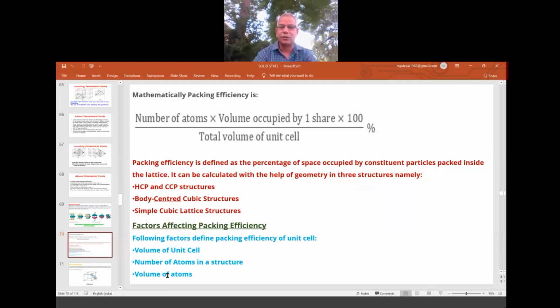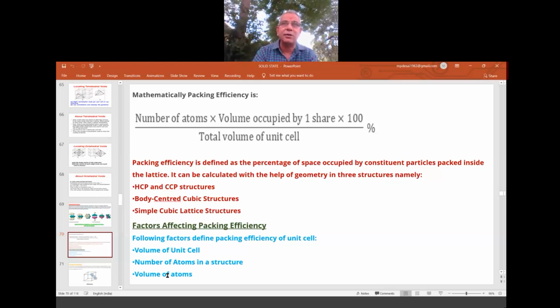With this I am going to conclude today's session. Today we learnt packing in 1D, 2D, 3D. So AA type, AB type, and one more, third layer: ABAB type or ABCABC type. All those we learnt, and how voids are created and located. For the tetrahedral voids, how many spaces are required, and for the octahedral, how many are required, the number of tetrahedral voids, the number of octahedral voids, and packing efficiency. All these points we discussed today, and tomorrow we will calculate some examples taken directly from the textbook, packing efficiency in different varieties.